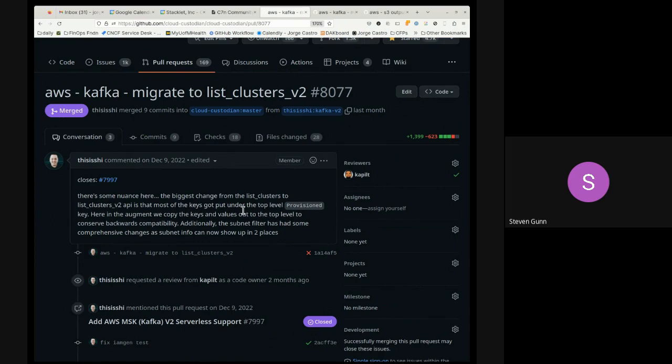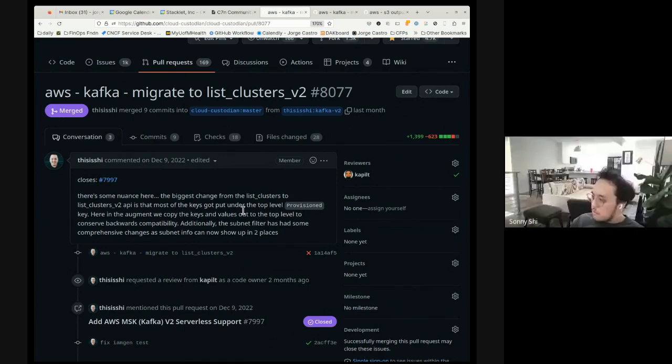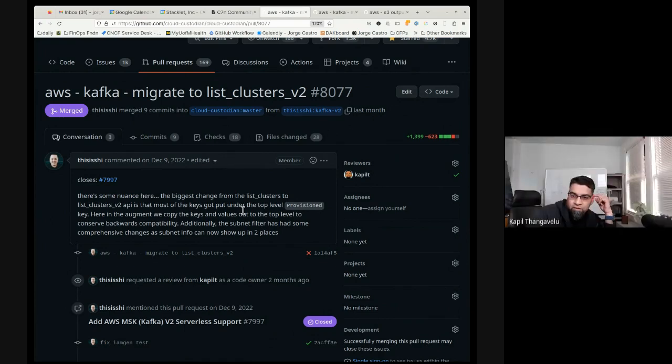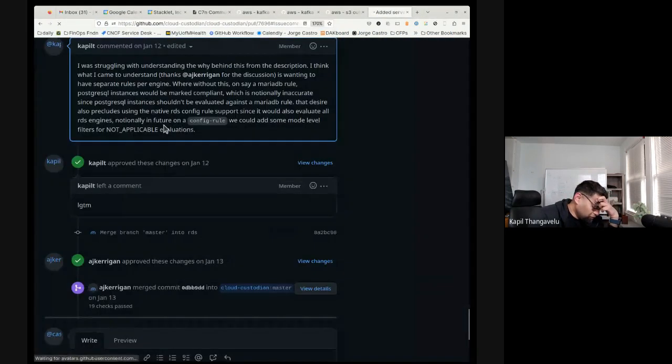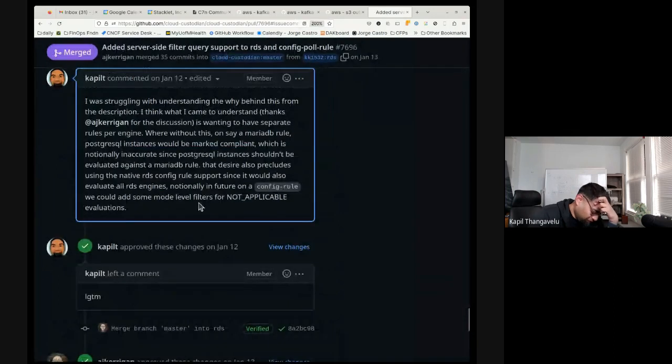Sounds like a couple options. There's a comment in the chat here that I linked to the issue where I was trying to talk about understanding this issue more fully against the RDS case, but also trying to propose something. But if you want to do the server side filtering, that's fine and great.